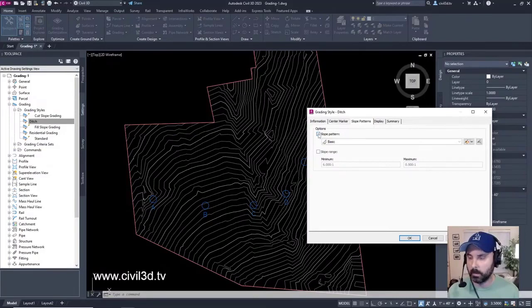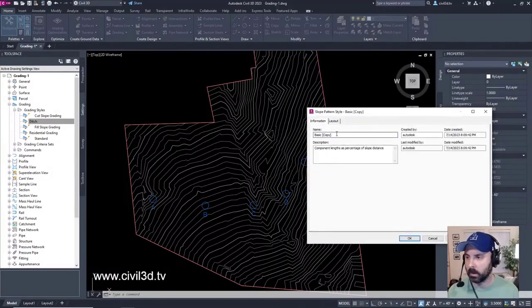We're going to click this checkbox, and we're going to leave it on basic. There's different slope pattern styles that we've got going on here. Actually, we're going to copy the current selection. We'll go into this drop down, copy basic, then we're going to call this ditch slope.